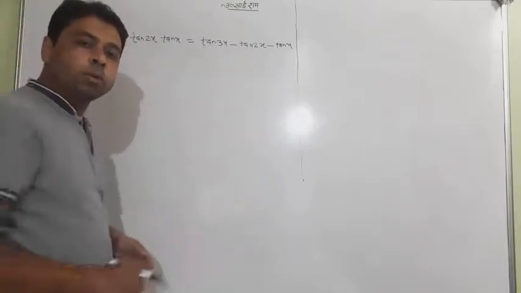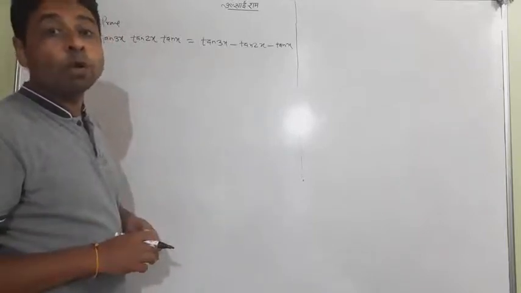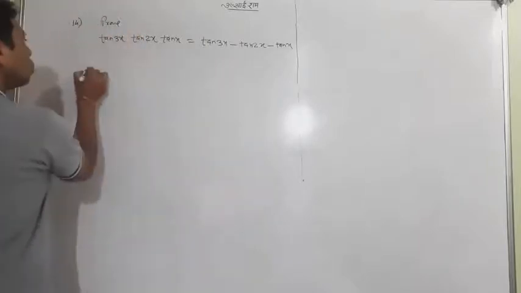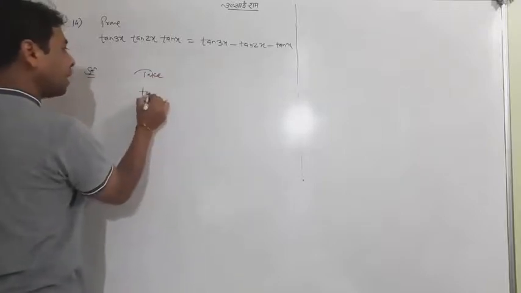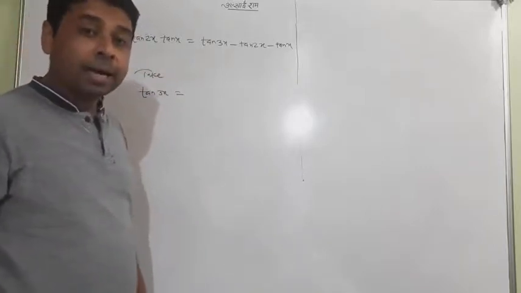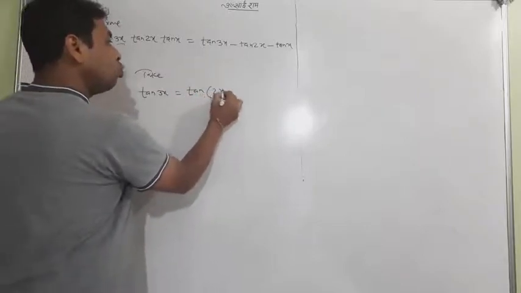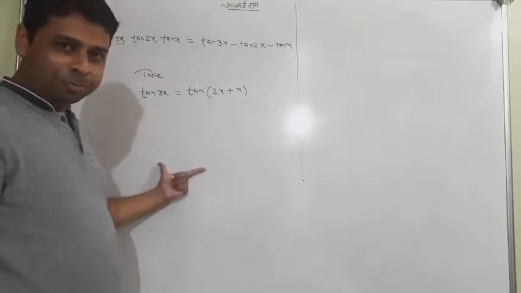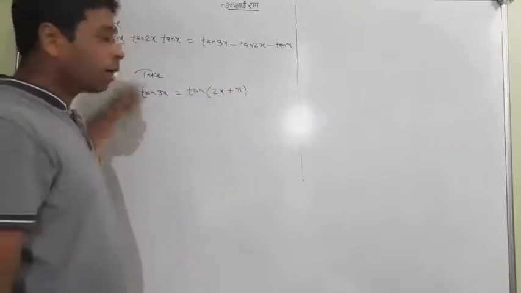This is a particular question, not solved by taking the LHS to get the right hand side, so I am telling you this with a different idea. In this question, I won't take the left hand side or the right hand side. I'll take the largest angle, 3x, and I will write that 3x as 2x plus x. This is a balanced term. This time I will take both terms together, and at the end the whole will come automatically.